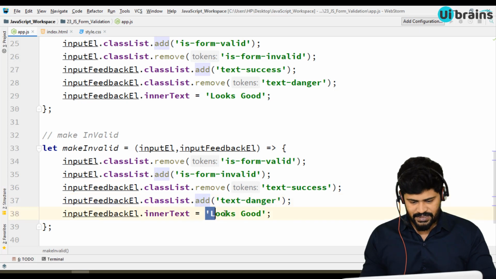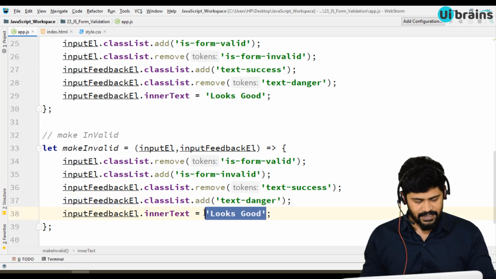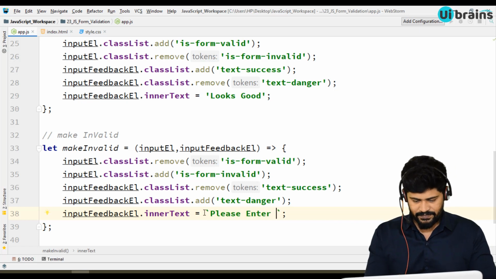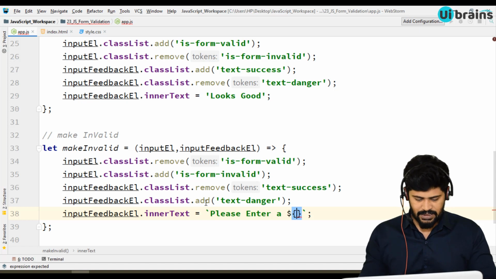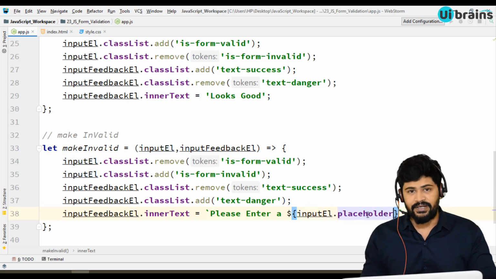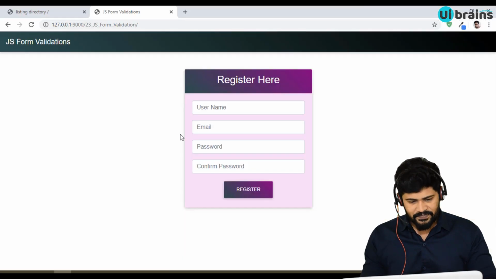I want to display a message like please enter a... what can we write? Can we write the input element dot placeholder? So what is this input element dot placeholder? I want to display the message if something went wrong, so please enter a username.